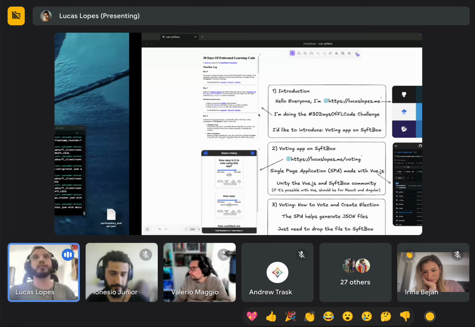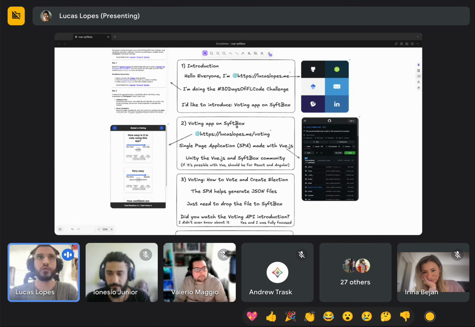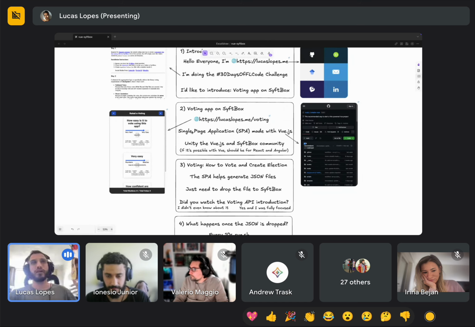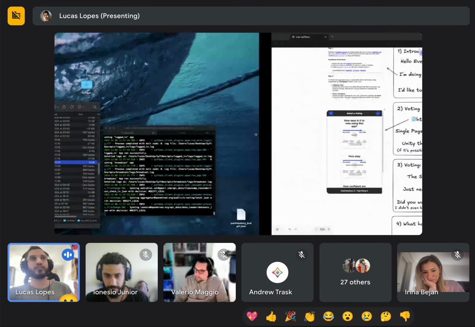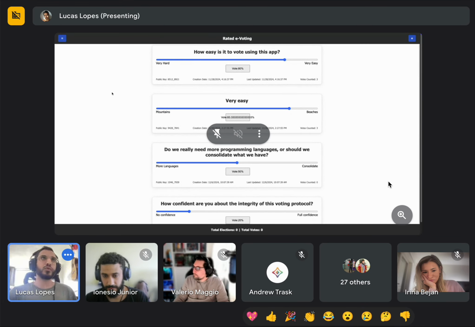So the idea here is to have this voting app on SyftBox, which is made as a single page application done with Vue.js. I don't know if you're familiar with Vue.js, but it allows you to create single page applications, like complex web applications.